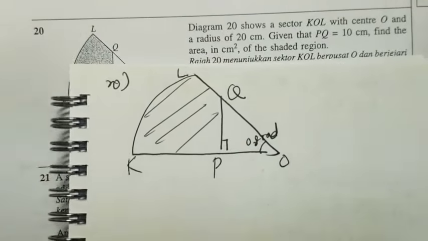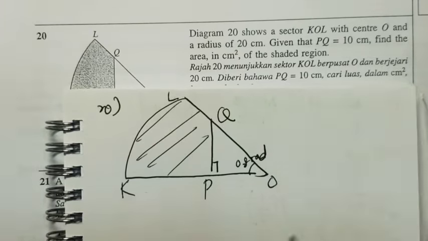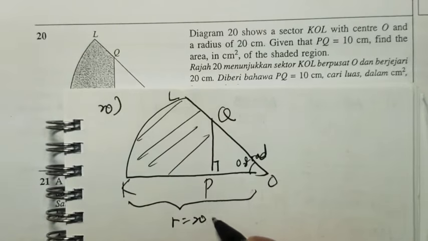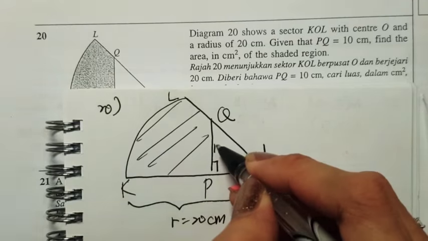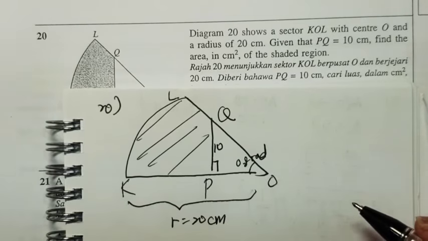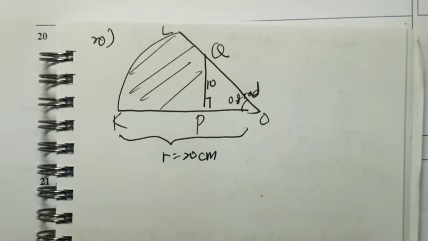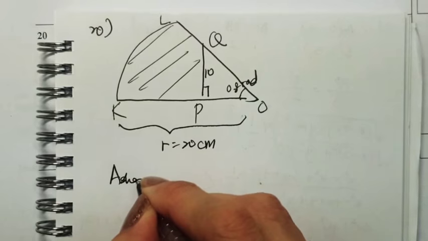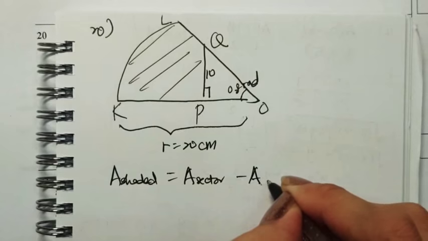KOL is a sector with center O and the radius of 20 cm. So from here to here, the radius is 20 cm. Given that P to Q is 10 cm over here, find the area of the shaded region. Okay, how do we find? To find the area of the shaded region, that will be taking the area of the sector minus area of the triangle